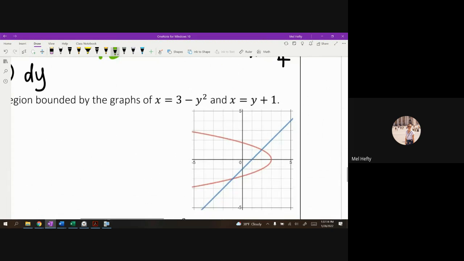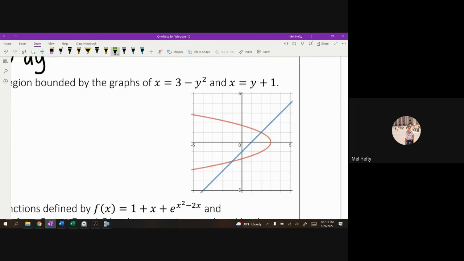There's a couple of reasons why in this question it is much more beneficial to use in terms of Y. First reason, if I look at the graph and I start trying to draw that vertical line that I've been doing,